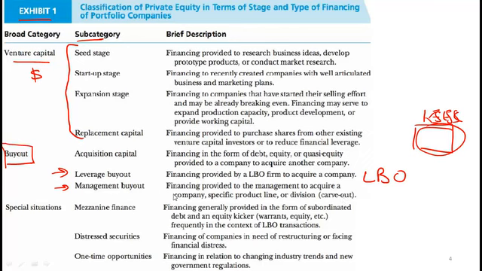Another scenario sometimes is a management buyout. In a management buyout, the managers buy the company. So the managers might borrow money and buy the company from the owners. Obviously, the incentive of the managers is to improve the company, and from the cash flow they pay off the debt they have taken, and eventually they can own the company with very little debt. So those are the key terms. We will see this in more detail later.